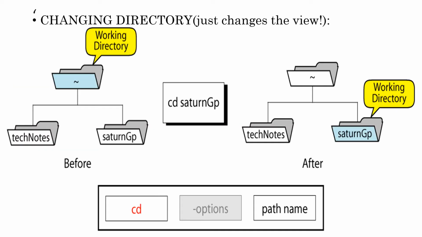Now let us discuss the cd command. Cd means change directory command. Here this is also used to change the view. In the figure, the present working directory is the parent directory of root. Then you apply cd /gp, which is a subdirectory. After applying the cd command, the current working directory is /gp. The figure shows before applying the cd command, and after applying the cd command. This is the general syntax for using the cd command: cd option pathname.